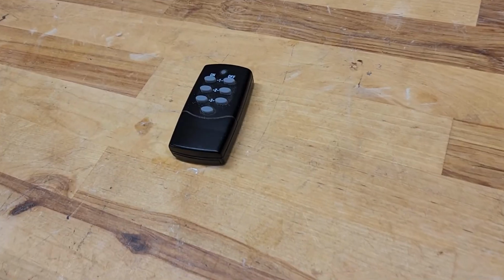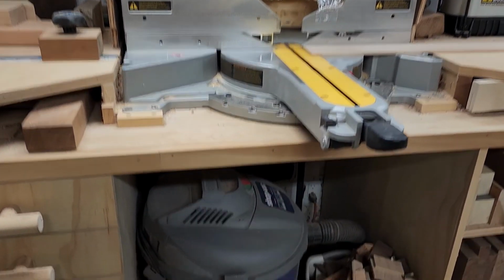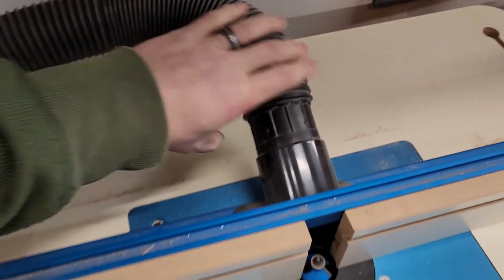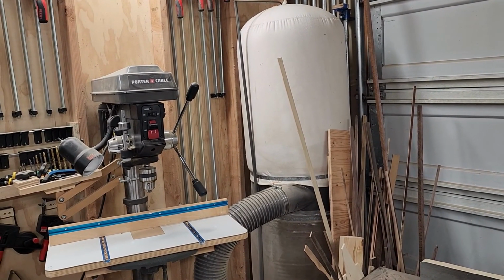Tonight I'm going to show you 8 different tools for $25 or less that I use on almost every single project. The first one is this. This is my remote starter for 2 shop vacs and 1 dust collector. I have 1 shop vac that's a permanent fixture in my miter station. I have another one that I use in my shop to wheel around, connect to sanders and router tables. And finally I have my 2 horsepower Harbor Freight dust collector that I connect to my table saw, my jointer,